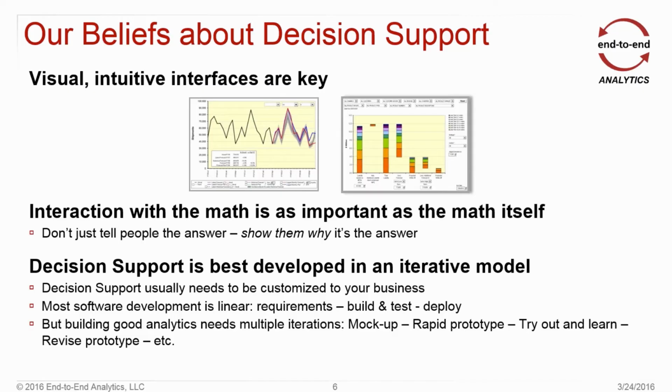And the last piece is what we find, and this is what naturally comes out of a build your own process, is that decision support is best developed in an iterative model. It's going to be customized to your business, not just the interfaces. You'll find that you'll have opportunities to solve your problem in a very specific way. So if you go to the old i2 JDA stack, they partialed out solutions in a way that worked for a lot of their customers, but not every one of their customers.